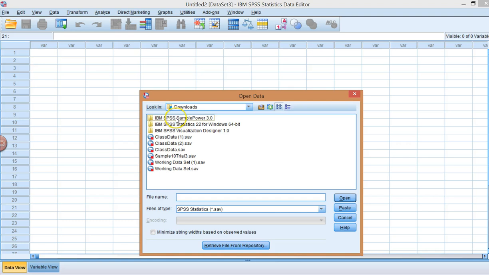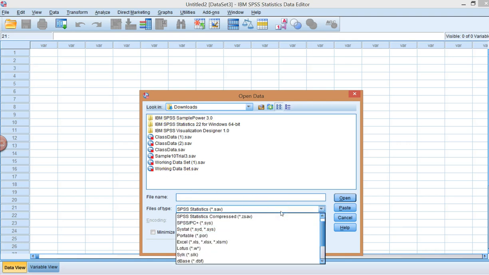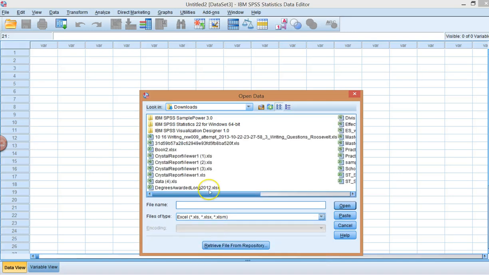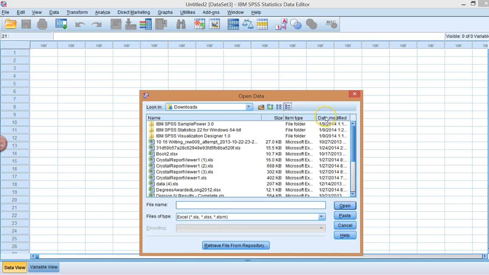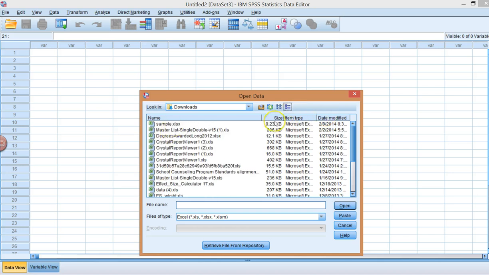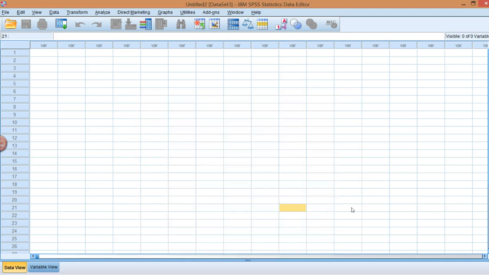Only SPSS files show up right now, but if you click on the files of type directly underneath file name, then you can change it to Excel. And once I change it to Excel, then you can see that I can identify and select the file. So here I have my sample file, which is what I'm going to be using. Now I can open the file, and I just click on Open,